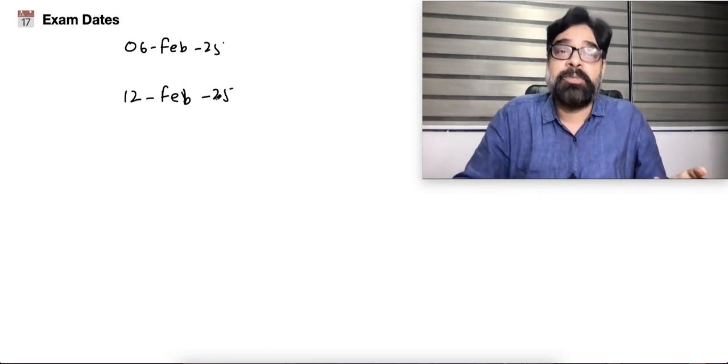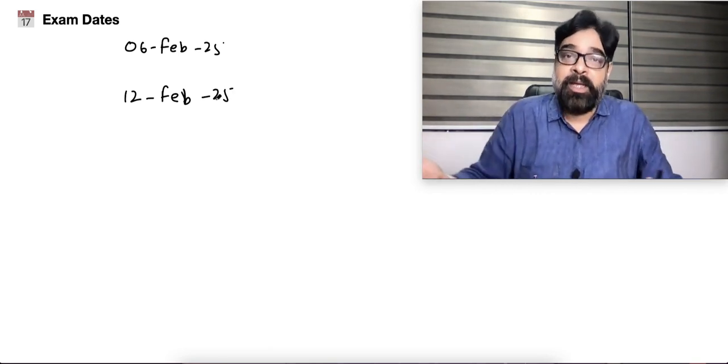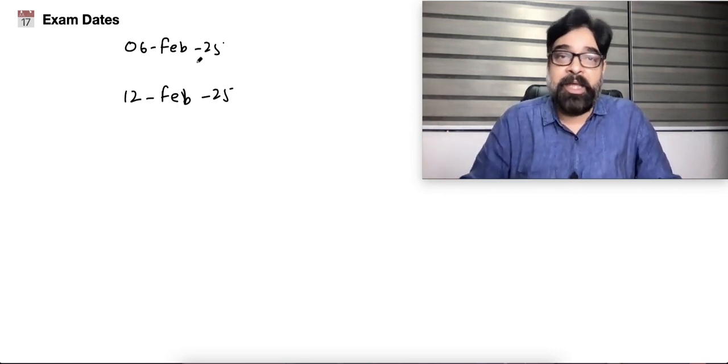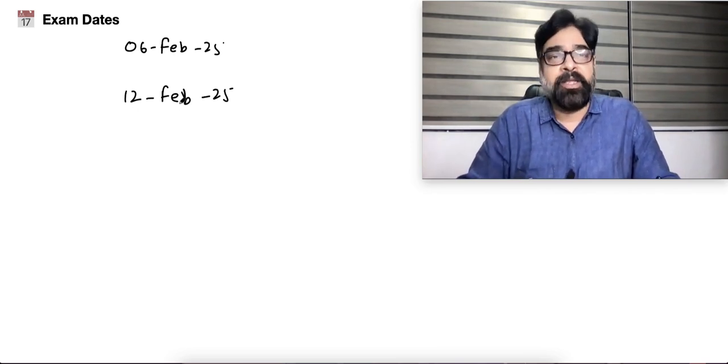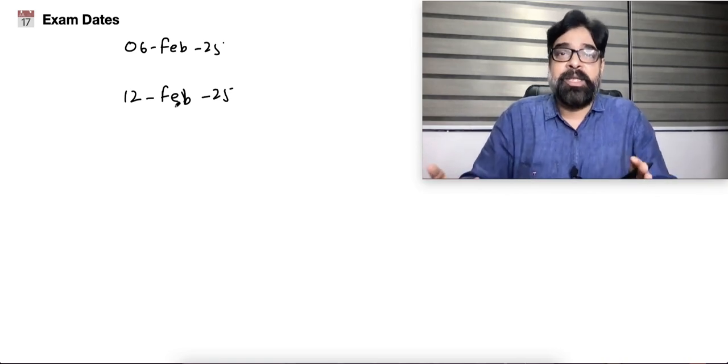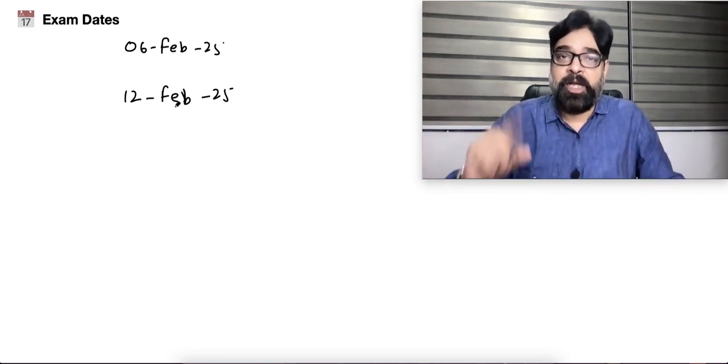They give two chances because sometimes you may not be able to write on the 6th Feb for any reason, so you can write the second AIME examination. Every year they give AIME 1 and AIME 2. But AIME 1 and AIME 2 doesn't mean that you have to write both examinations. You have to write only one examination.